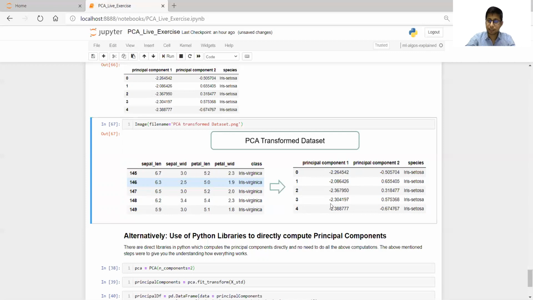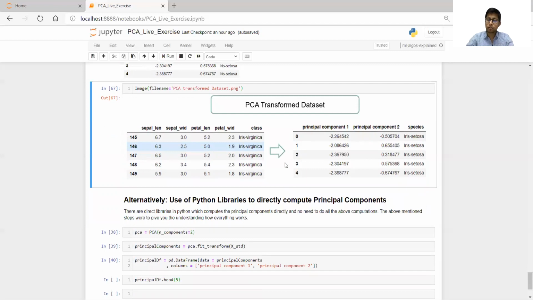So ultimately, this is what we got. The next step is that you can apply your machine learning classification algorithm to classify them. In this session, our goal was to understand principal component analysis and how this happens in the backend. Of course I used different libraries and explained each step.